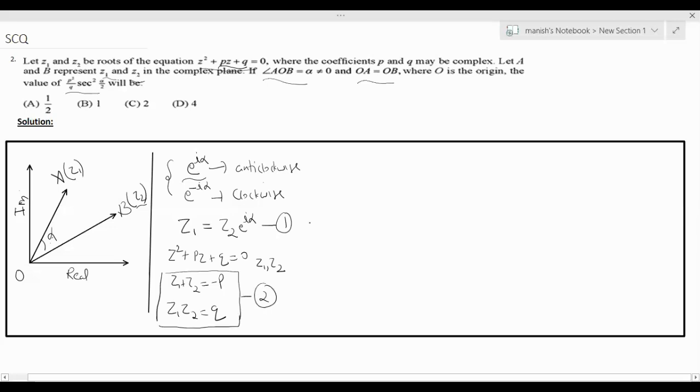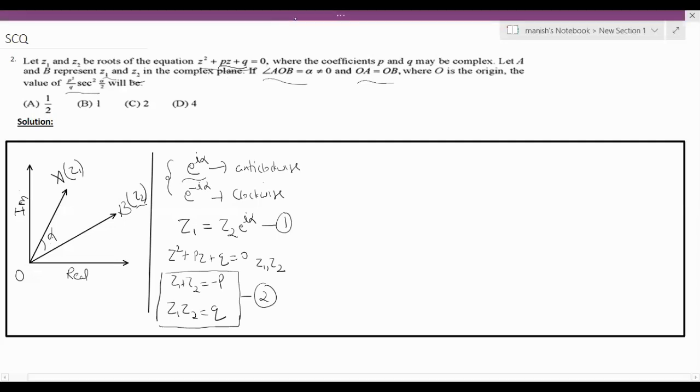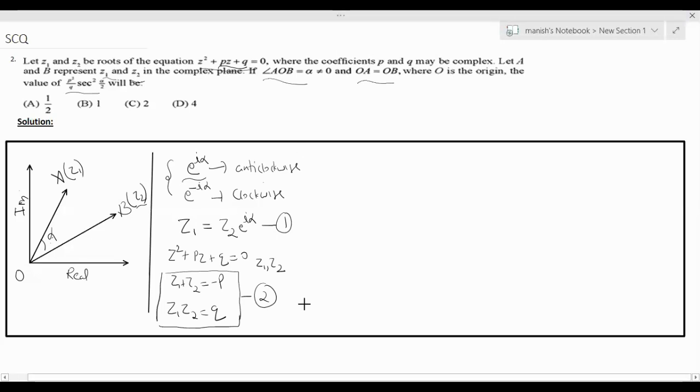So actually the theory part is over. Now everything from here is calculation, and you are going to use your aptitude to connect these terms. Okay, so let's proceed. I have to connect P, Q and alpha. So observe very carefully how I am doing it. I'm going to observe the term Z1 by Z2 plus Z2 by Z1.